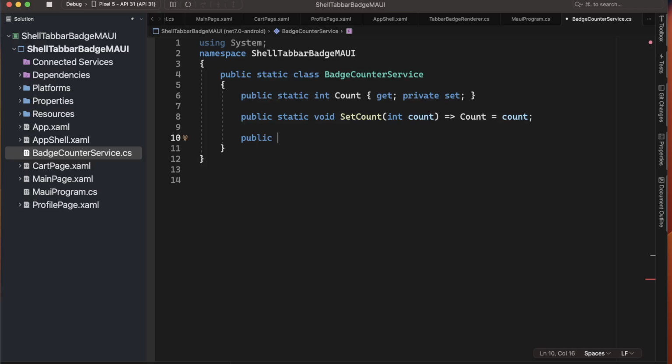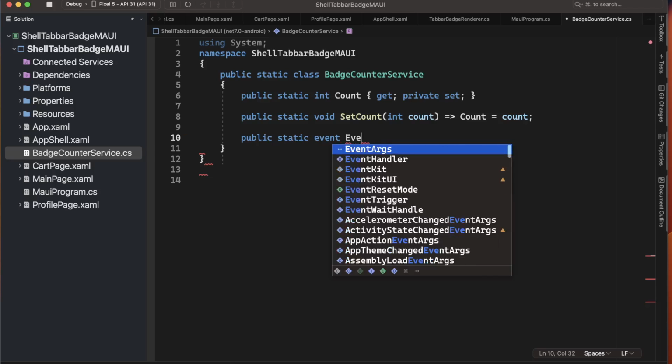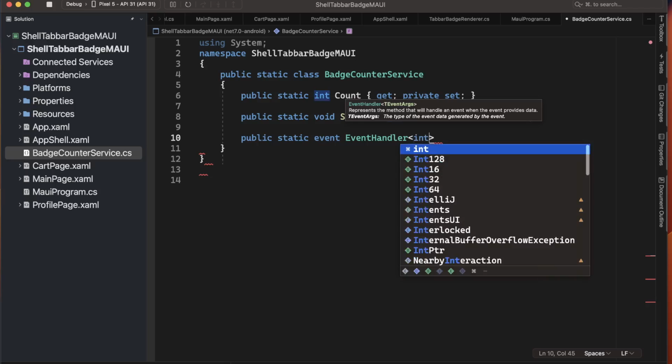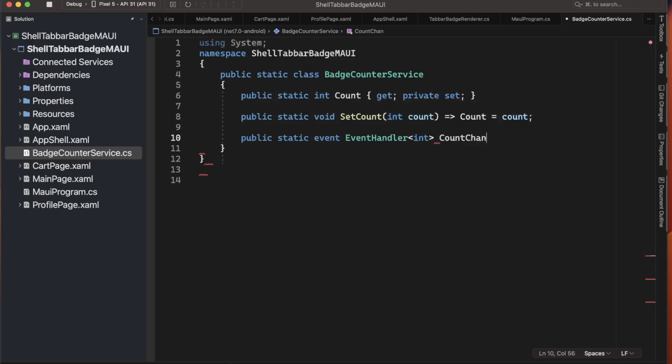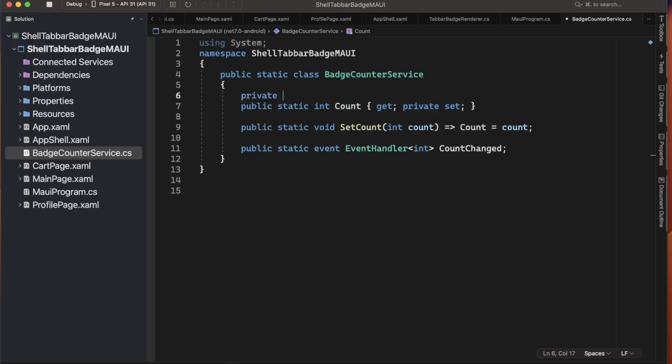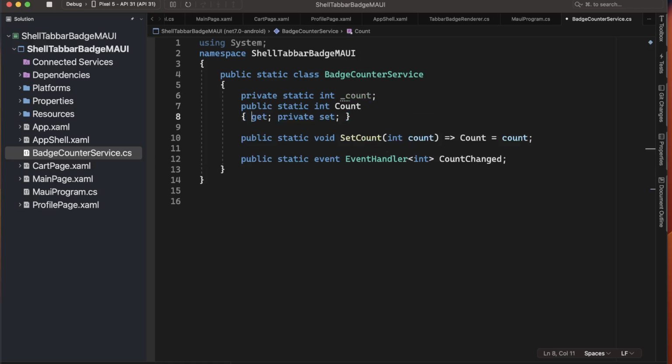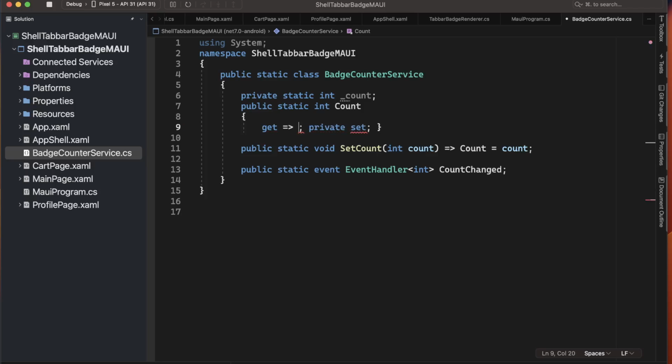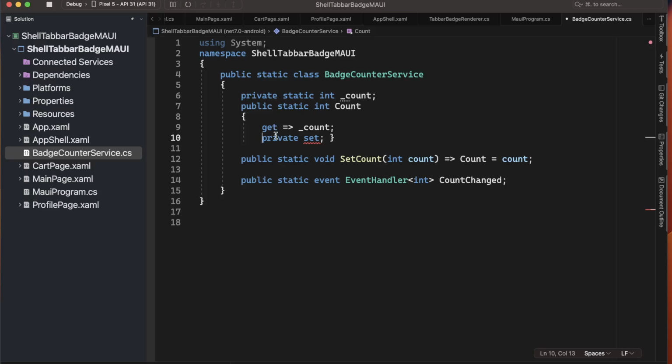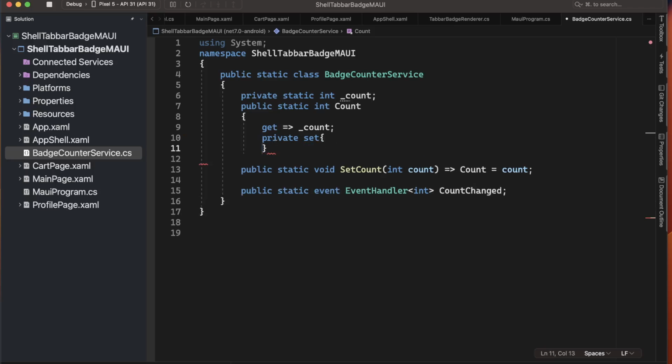For that, we'll create a public static event here, and this is going to be an EventHandler of type int. So we'll say CountChanged. Whenever this value of count is changing, we need to trigger this CountChanged event. For this, let's modify this Count property to be a full property with a backing field. So private static int _count, and from this get, we will directly return this _count like this. And from this private set, what we'll do,